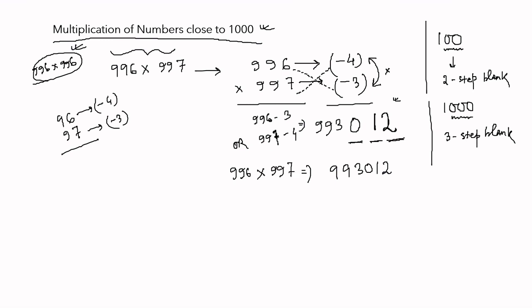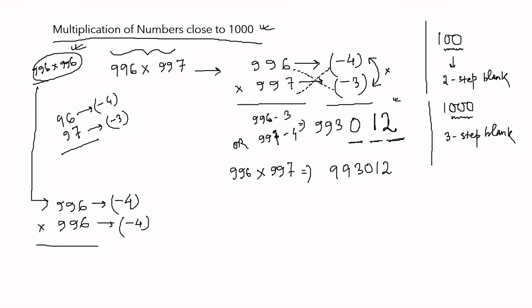अब लिखाइए तो ये भी करके देख लेते हैं. 996 का स्क्वायर, because the same concepts can be applied for squaring of numbers close to 1000 as well. So 996 का स्क्वायर में firstly quickly करते हैं इसको. We'll write the differences, that is -4 and -4, and multiply the differences. So -4 and -4 will give you 16, लेकिन it's a 3-step blank process, तो you have to write 016. अब ऑलरेडी अगर एक 3-digit नंबर obtain हो जाता तो कुछ बात ही नहीं था. Let's say for example तुमको मिलता 11 into 11, तो 121. 121 is already a 3-digit number, so you need not worry. So यहाँ पे 016 मिल गया हमें.